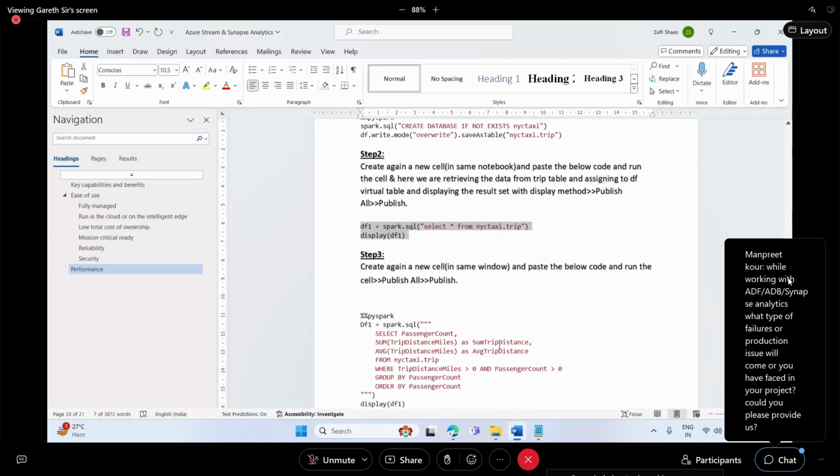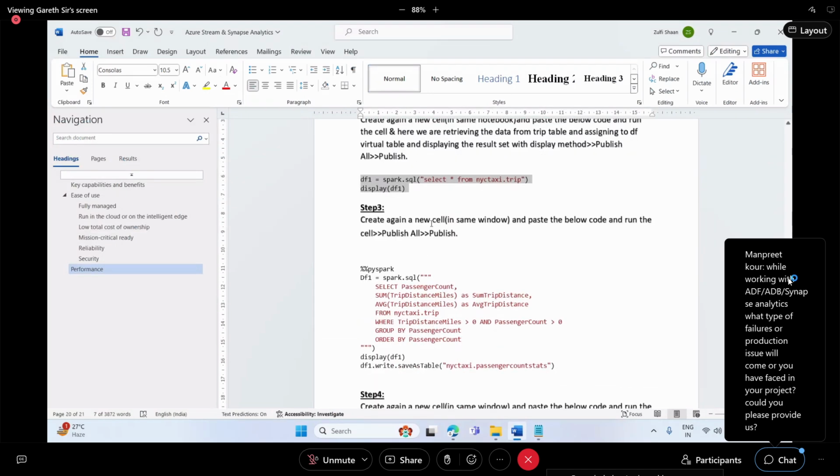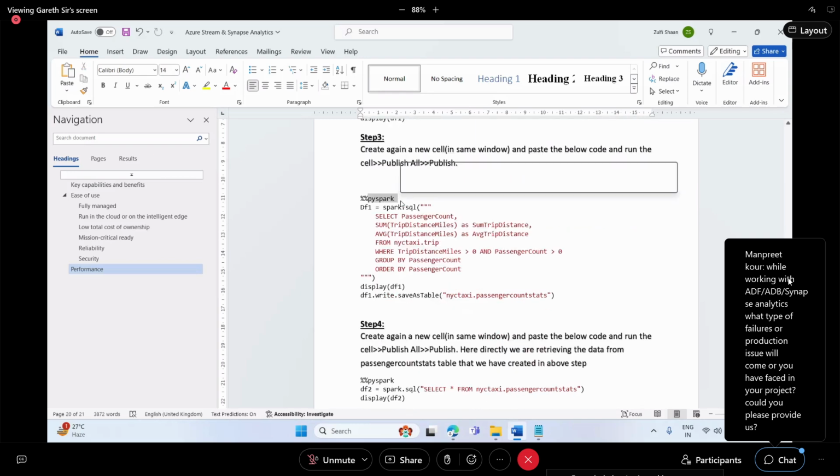Okay, fine guys, create again a new cell and paste the below code and run the cell, publish all, publish. I'm using a Python script only. Spark.sql, then using the complete SQL script. This is the complete SQL script. Some trip distance, miles, this is one of the columns I have in my table. I'm taking the average trip distance from this database, from this table